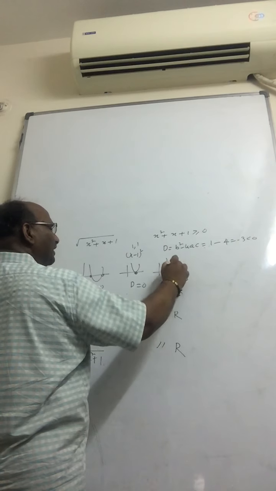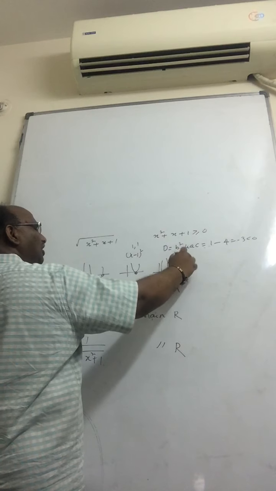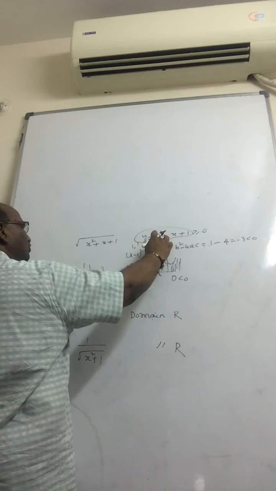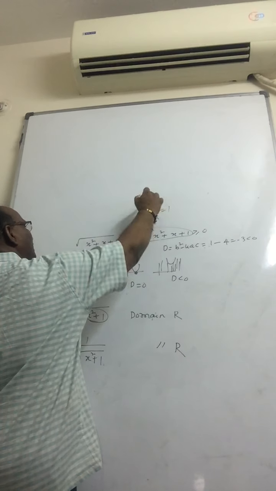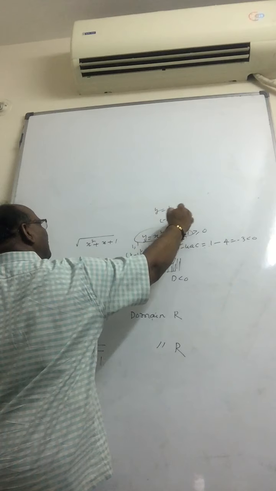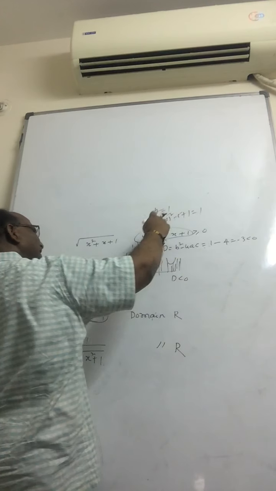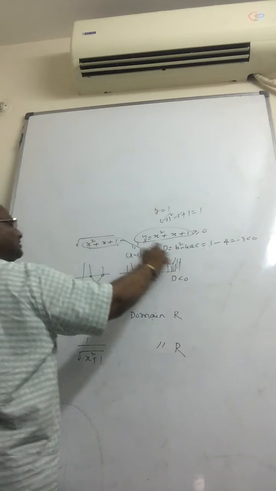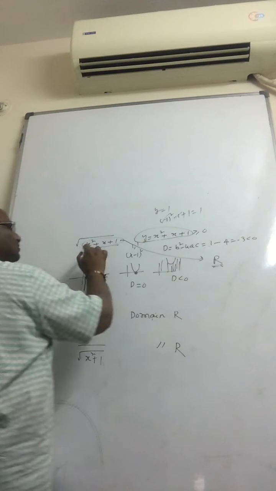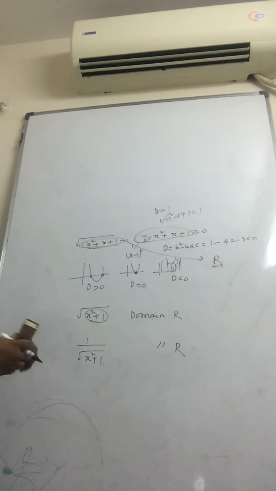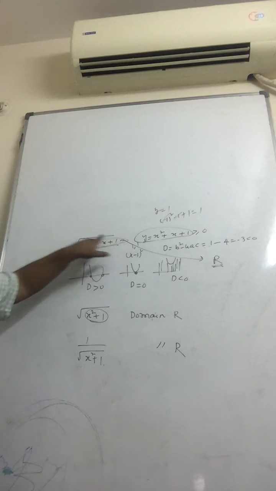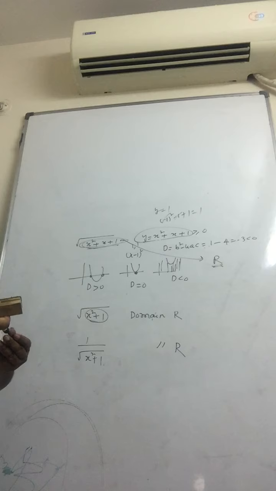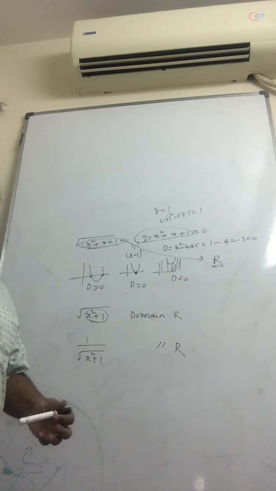Here the discriminant is negative. That means all y's are positive. Y means what here? This x square plus x plus 1. Suppose you put x as 0, y is 1, positive. X as minus 1, that is again positive. X negative or positive, y is always positive. That means its domain is real numbers. So once the discriminant happens to be negative and the x square coefficient is positive, it is always positive. We don't have any trouble. So the domain is always real numbers. Let us discuss some more problems in the next class.